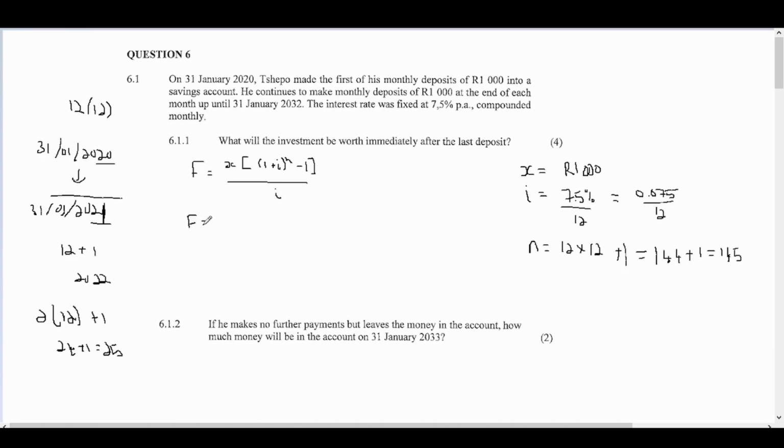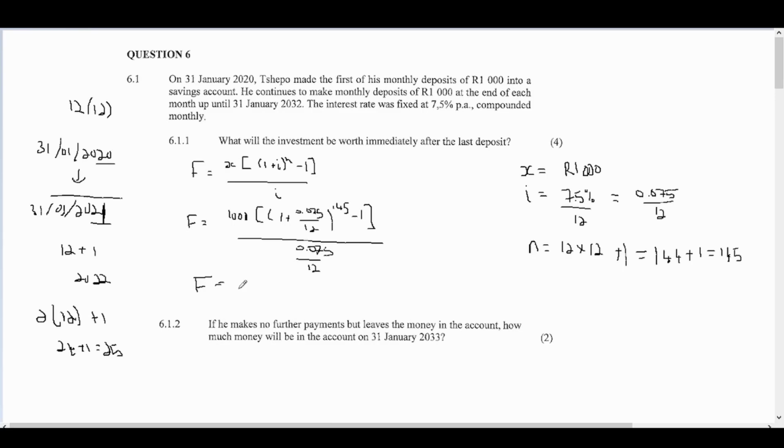Therefore, we substitute x, which we have as 1,000, and 1 plus i, which we have in our compounded monthly form, so that's 0.075 divided by 12, to the power of 145, minus 1, all over our interest. You can type this all in your calculator because it's all numbers,